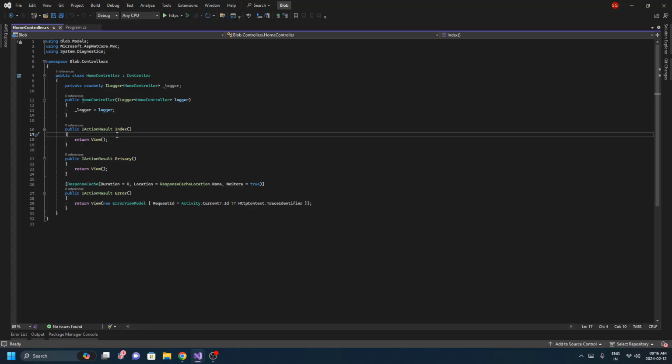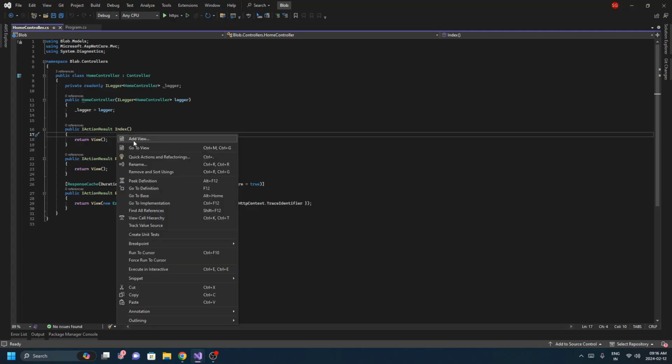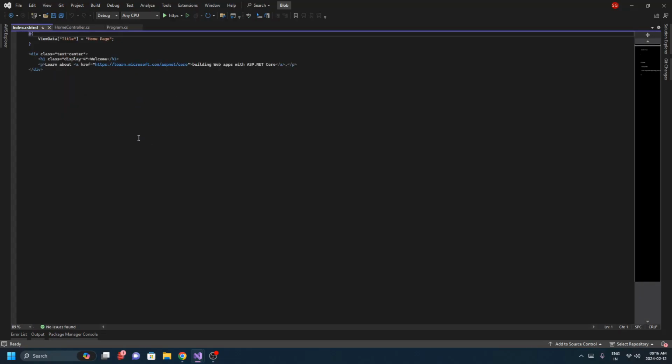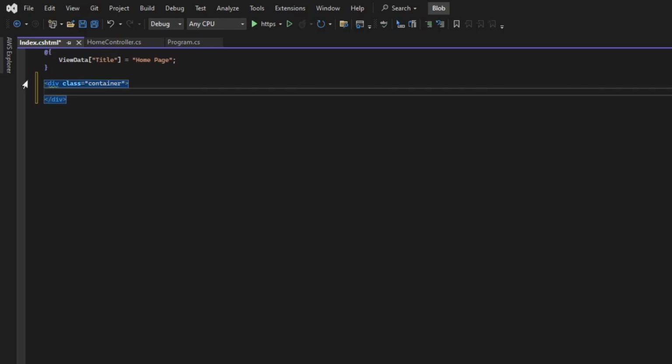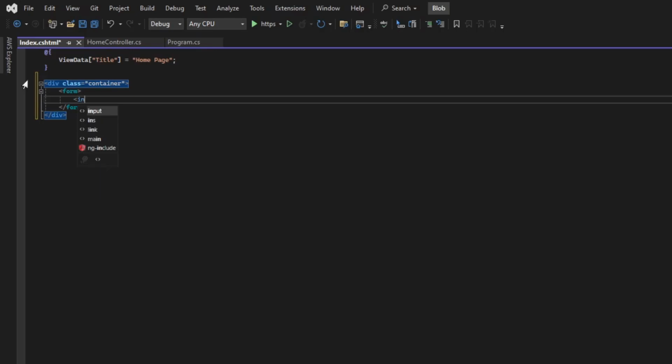So let's suppose I have an index file here, and if I go to the view of this index, I'll create a div, and within this div I'll create a container class. Within this I'll add a form tag to make a form, and within this I'll give an input field wherein I'll give the type as file,